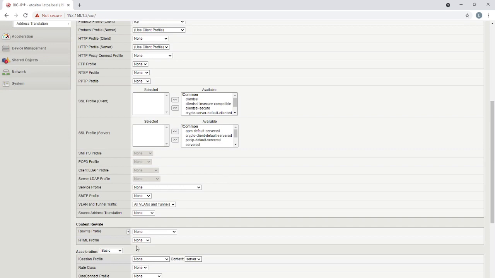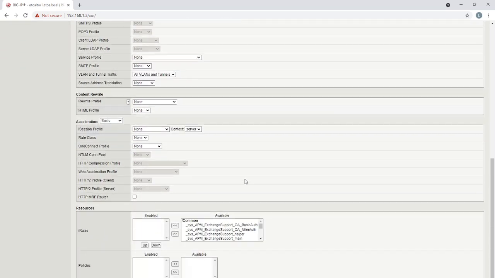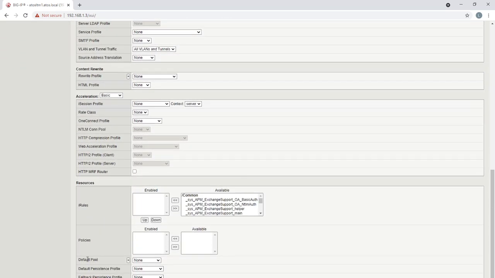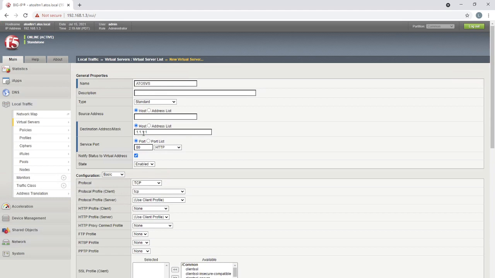Now the only thing I'm trying to do here is, can you see something called the default pool? I'm choosing the default pool. The pool I created has come up. So while creating the virtual server, I gave a name, then the IP address on which it is listening, and also the port number.